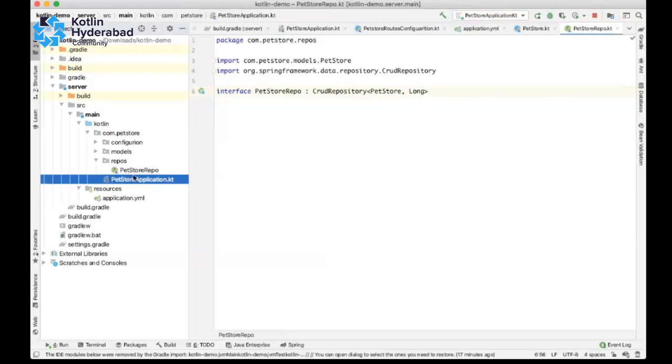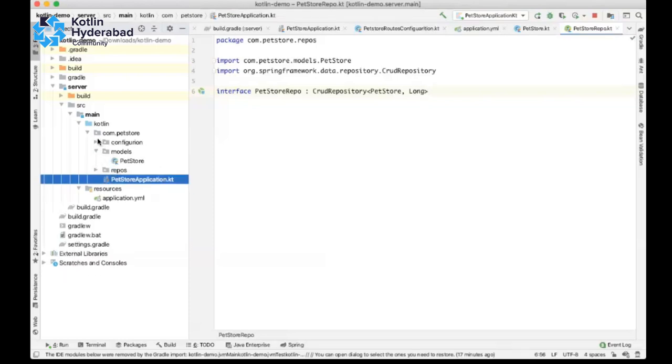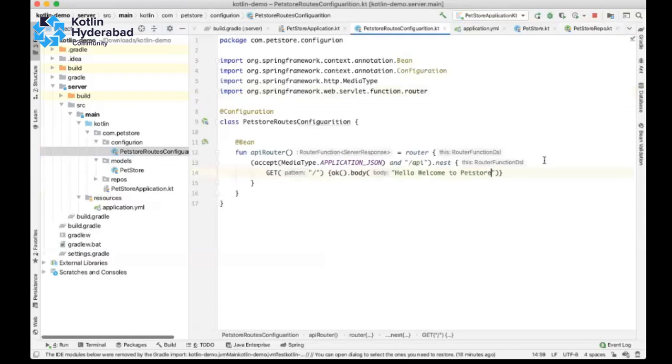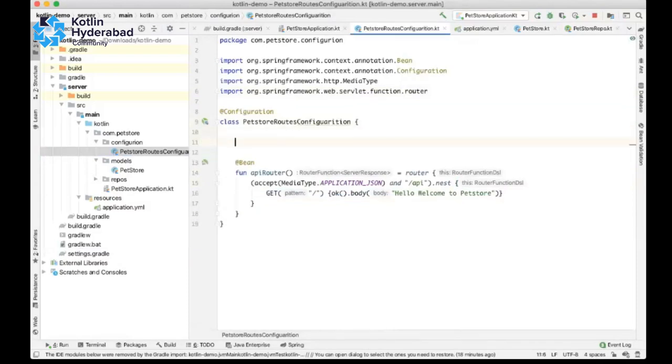Now we are having this kind of syntax to define the routes, right? You might be thinking how we can handle the database from these. So I'll show you how we can do that.